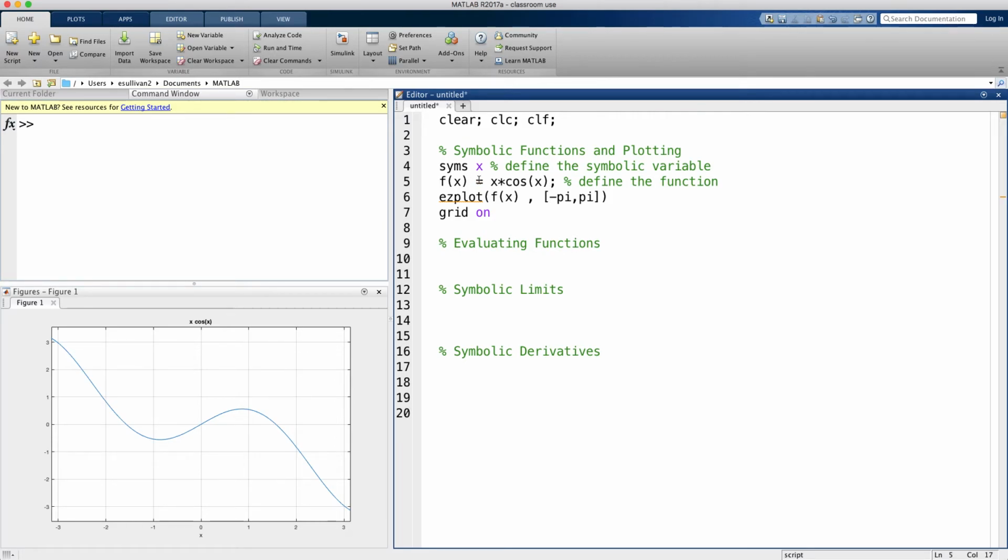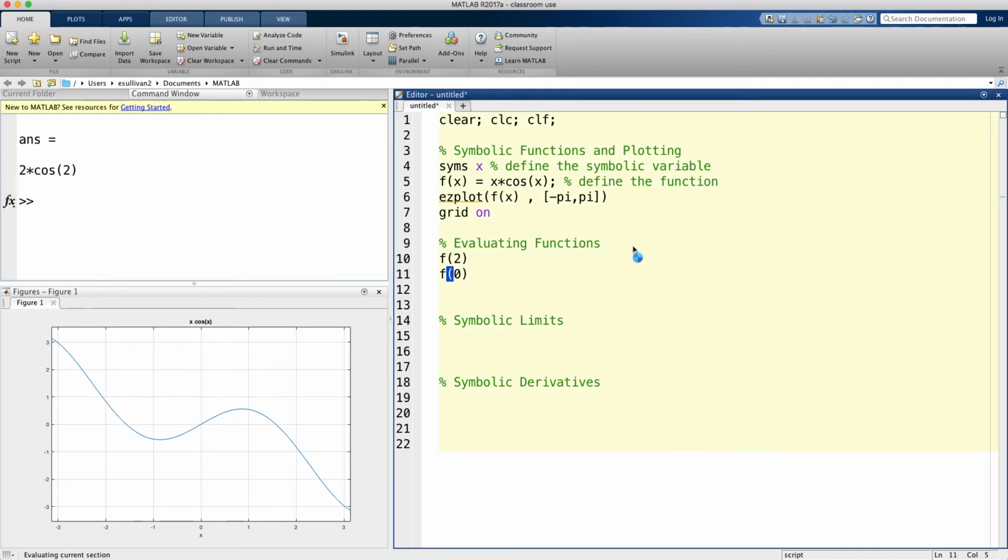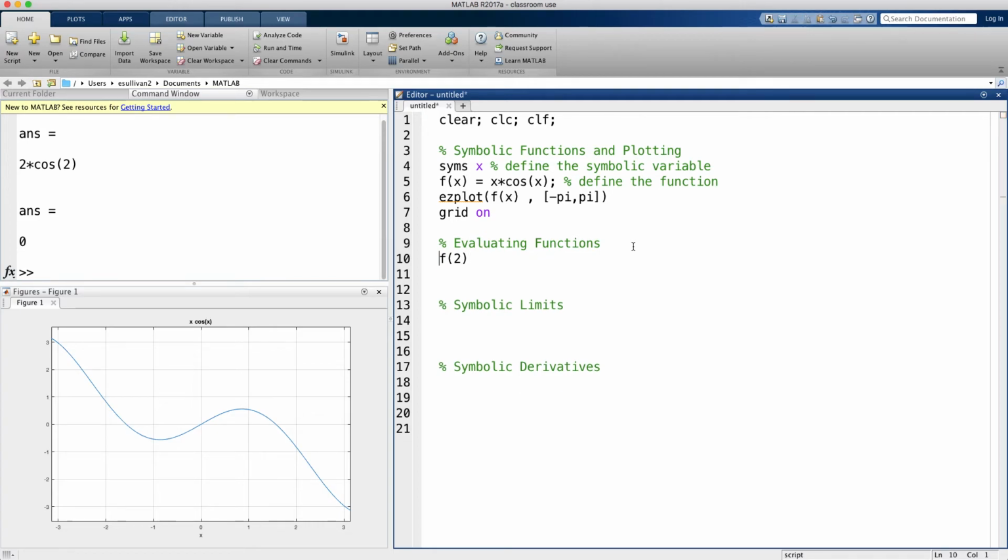So this is a fairly easy, straightforward thing to do. So now let's just evaluate this function. In other words, if I wanted to do f of 2, naturally I would just type f of 2, and it tells me what that is, or f of 0, and it tells me what that is. Now, notice a couple of things. First of all, with f of 2, I didn't actually tell it what to name this thing, so let's call it my value at 2